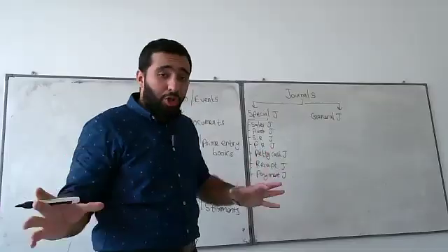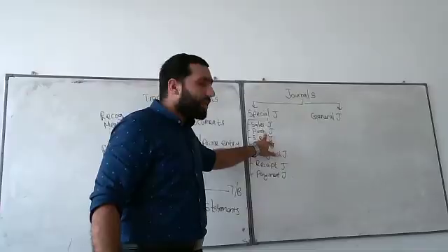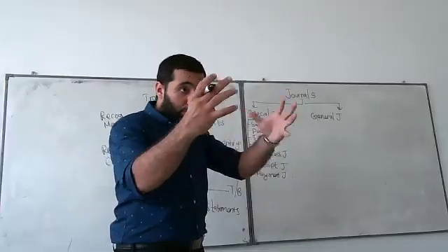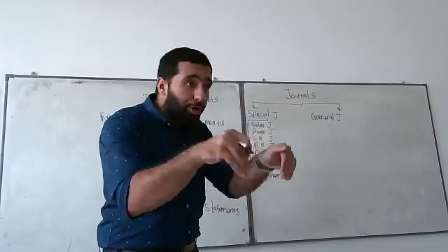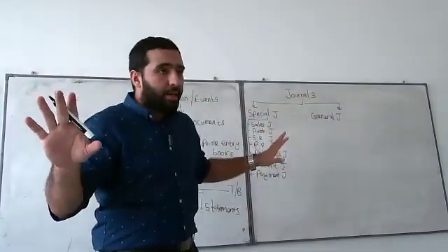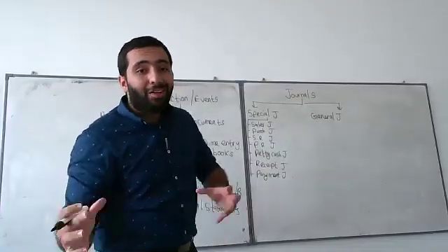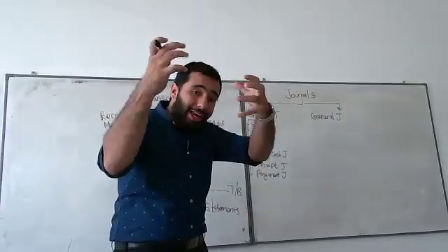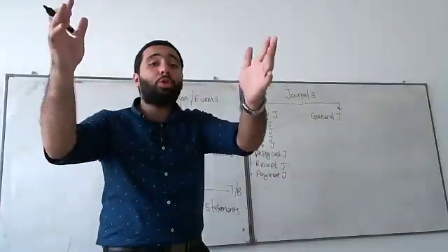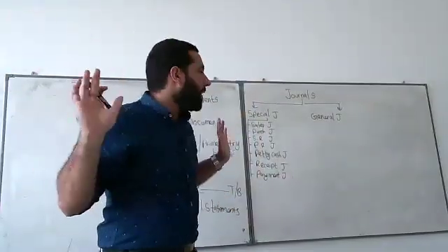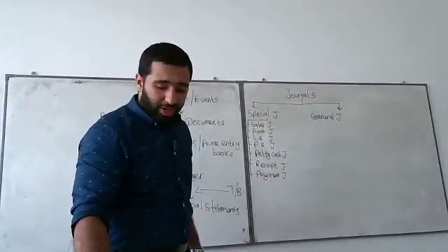Not assets. You purchase assets for your own use. You can't record this under the purchase journal. If you buy an asset, that is for your own use. You can't record it under the purchase journal. What you have to record under the purchase journal is whatever you buy on credit, and your intention is to sell it and not to use it. Very important, right? So these are the things that will be included in your special journal.